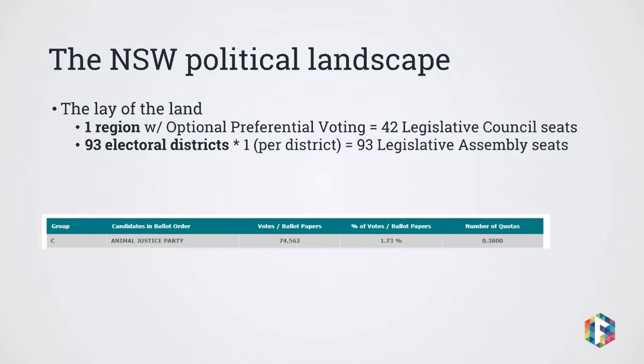And in the last election, just to give a comparison of a target by which someone can potentially get elected in New South Wales, the Animal Justice Party got elected after preferences with 1.73% of the vote, which is about nearly 75,000 votes. So that is, I suppose, just a line in the sand as to a minimum target as to what would be required to get elected in New South Wales.